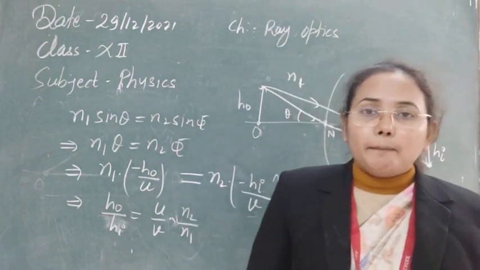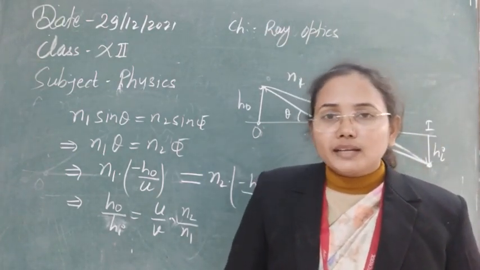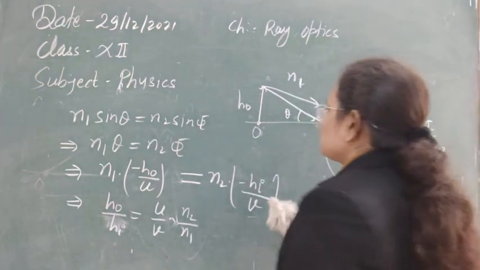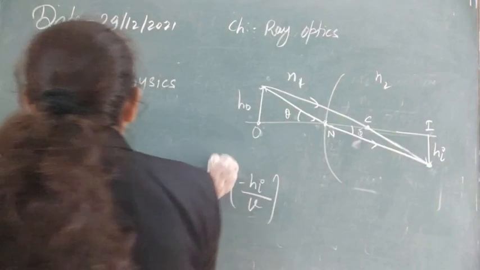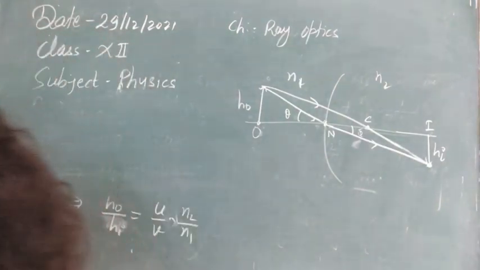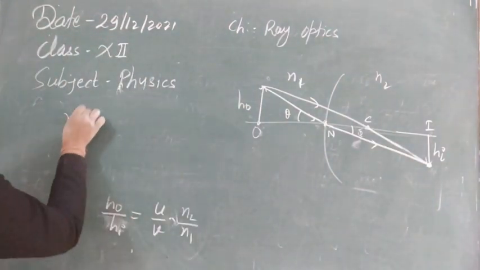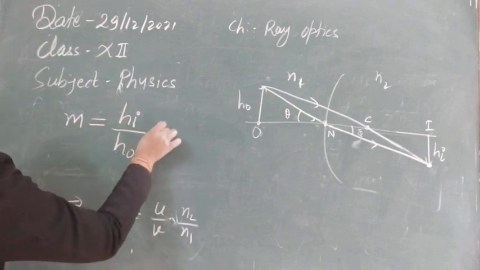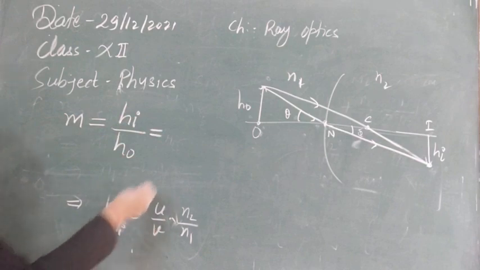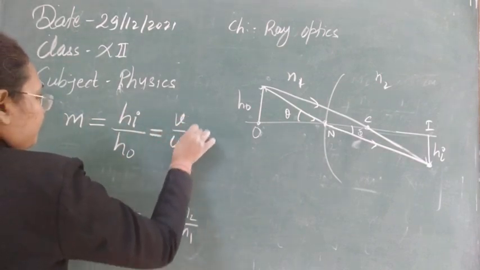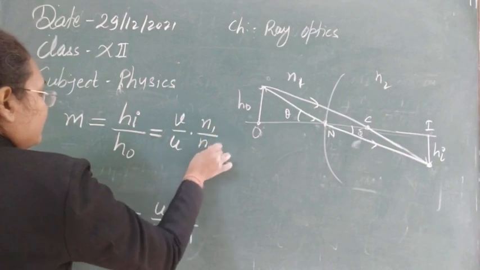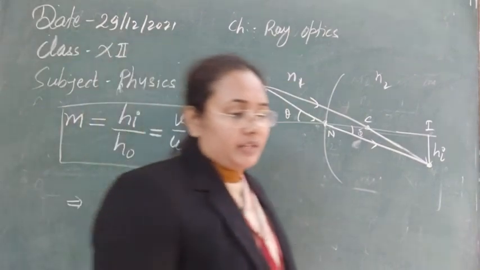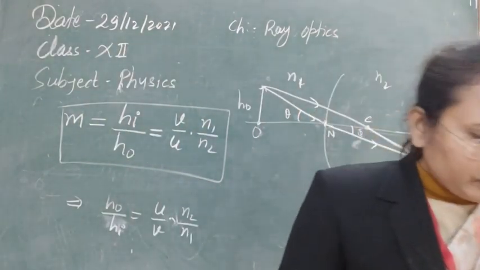So it means we are comparing the heights of the object and the image, the height of the image to the height of the object. Transverse magnification is defined in terms of image height to object height, and that is given by small m. We can find out this value by HI upon HO, the reciprocal of this formula, so this will be V by U into N1 upon N2. So this is now the value of transverse magnification. So that is, I think, now clear.